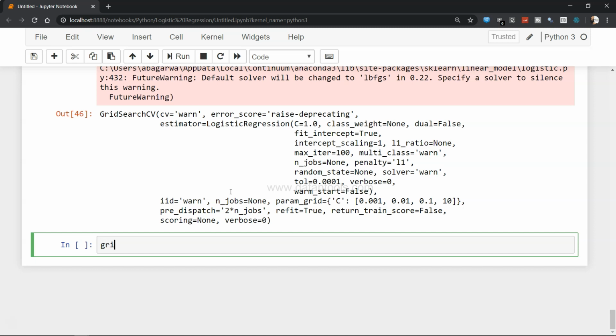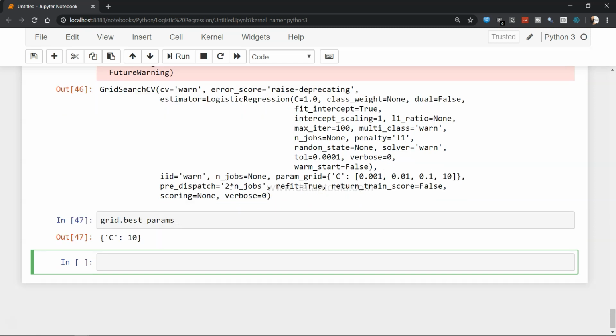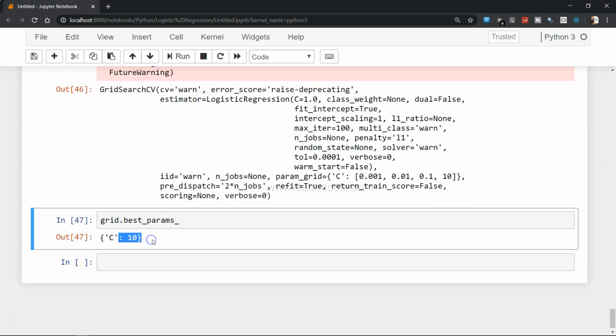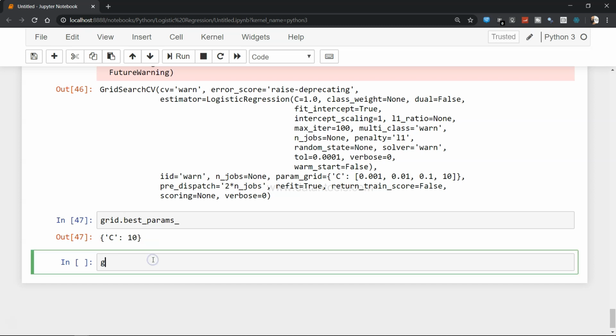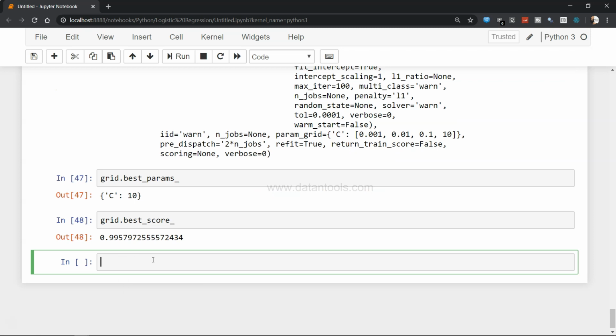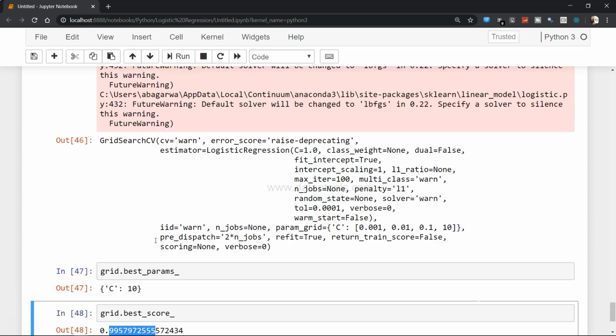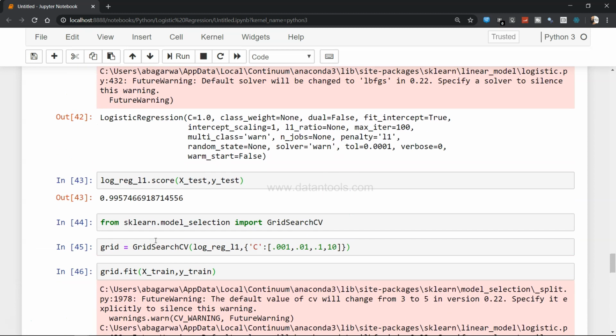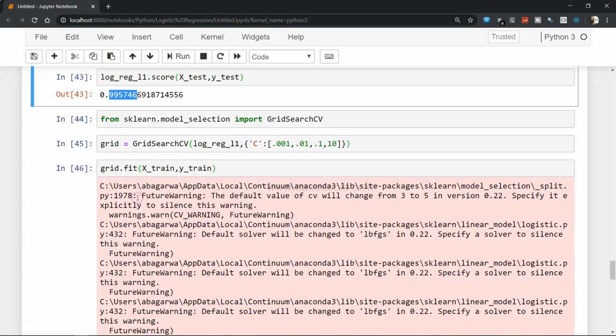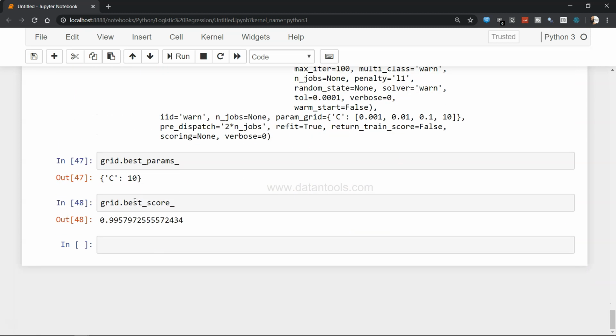Now let's see the best parameter using the best_params_ attribute. So C equals 10 is basically the best parameter. I think it also gives the best score. So what is the best score? 99.57 or 99.58. What we got earlier is similar, 99.5746, and over here 99.5797.